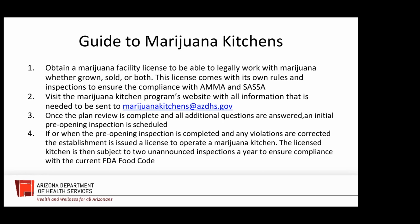So my team only inspects the kitchen. Under AMA and SASA, there are multiple inspections that take place for these facilities, whether it's our licensing team that makes sure that all of their security and all of the rules under AMA and SASA are followed. So our licensing team will look at the dispensary and the site where they're selling everything, and then our